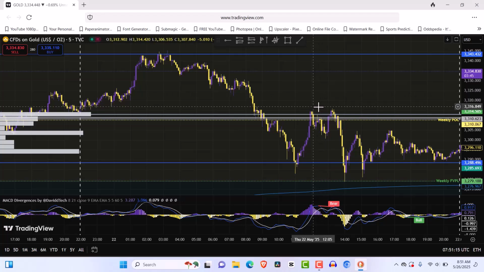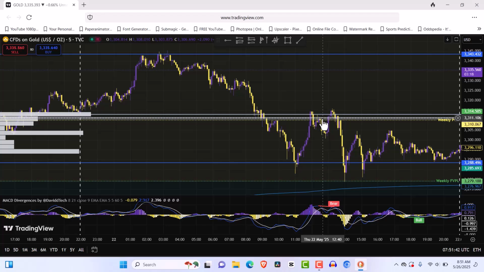We have multiple places of control conflicts, but no, this is a B trade. You have two confluences, weekly POC and daily POC. Yeah, so if you ask me, this would be a B trade,